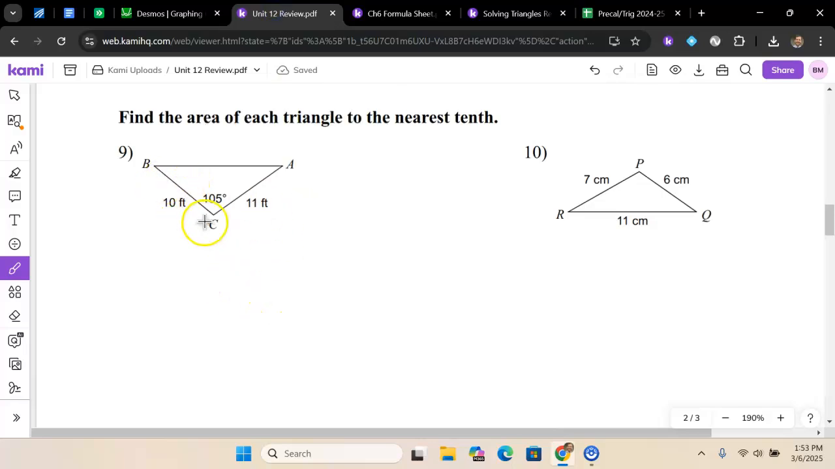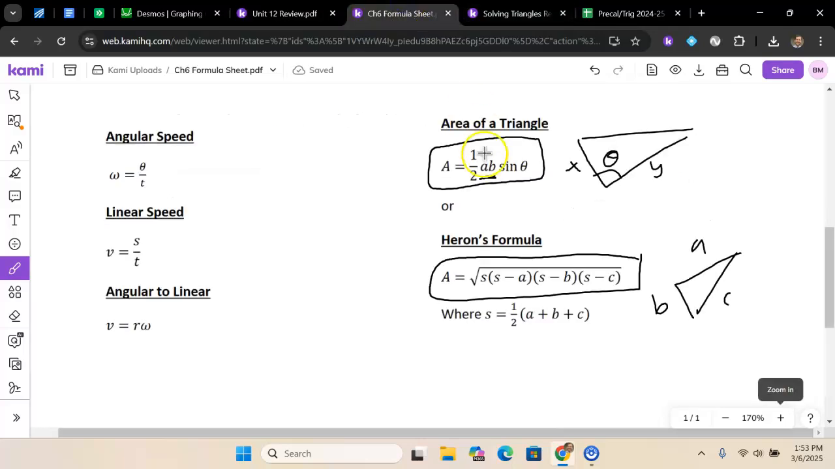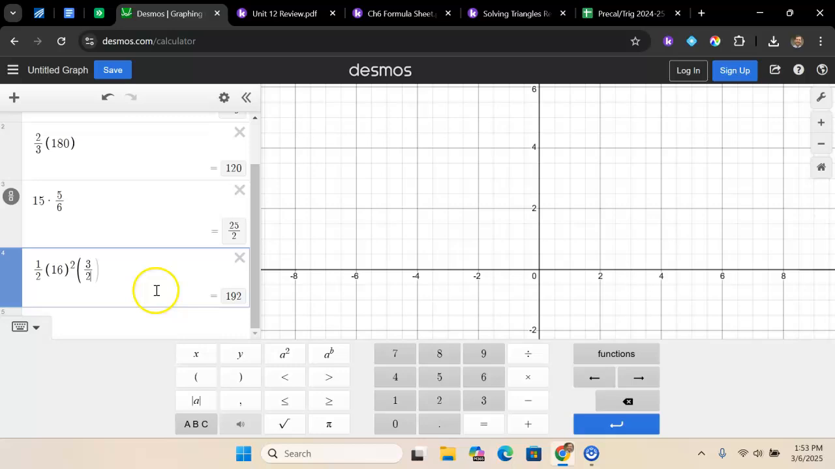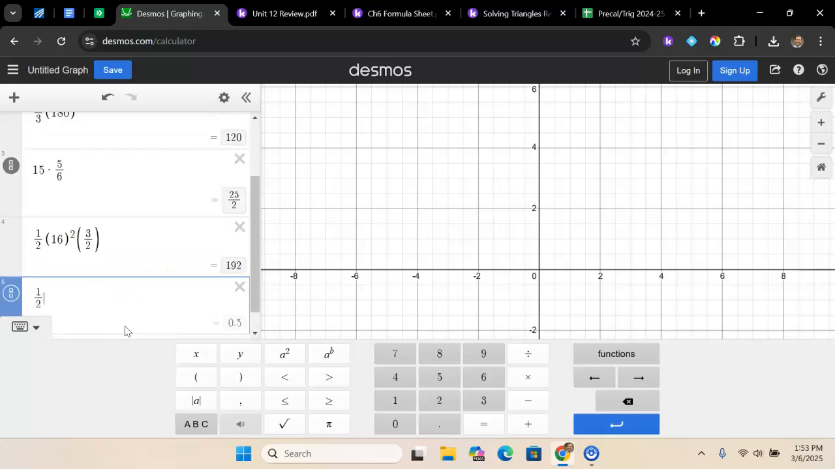The first one has 2 side lengths and the angle in between, so I would want to use 1/2 AB sine theta. I would do 1/2 times 10 times 11 times the sine of 105 degrees, and plug all of that into the calculator. 1/2 times 10 times 11 times the sine of 105. And that gives me